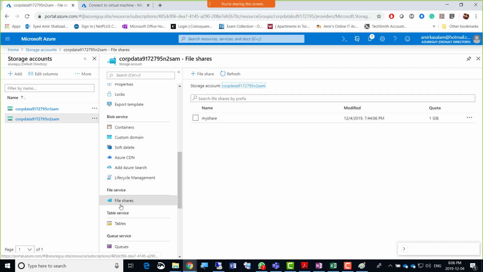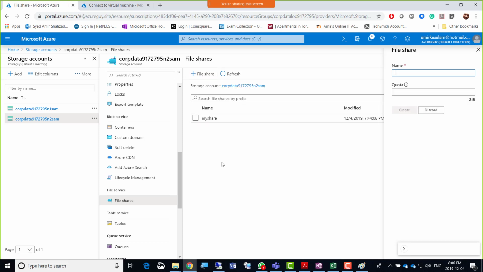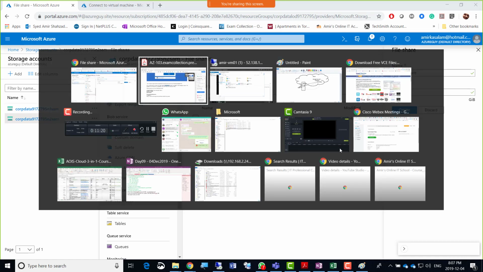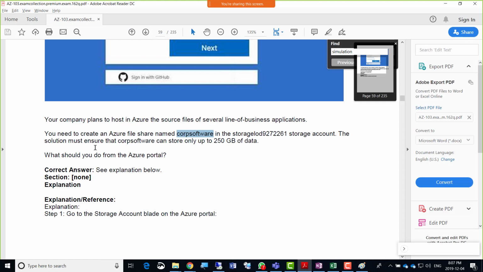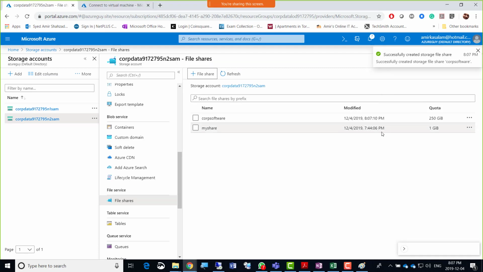This is the file share, and then we create a file share. Paste the name there, Corp Software, and put 250. The solution must ensure that Corp Software can store only up to 250 GB of data. Okay, 250. Create. That's it. Done. Okay, let's go for the next lab.